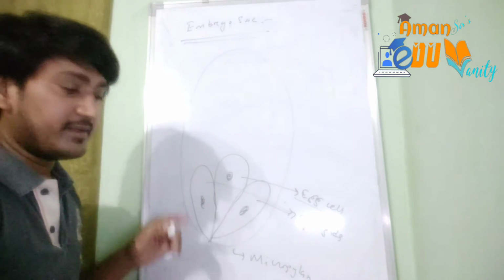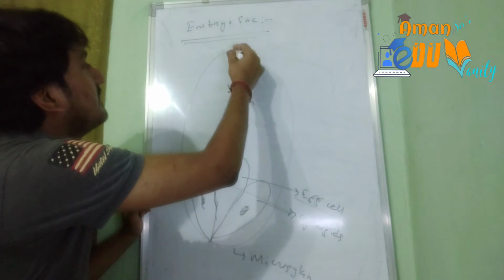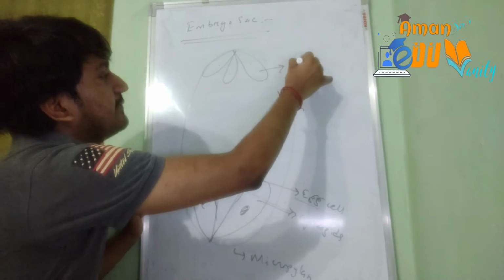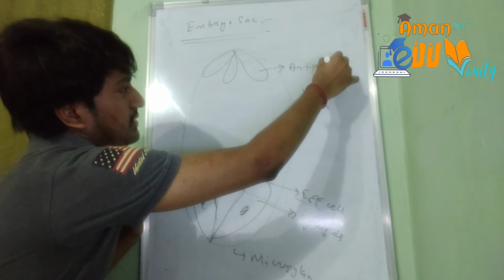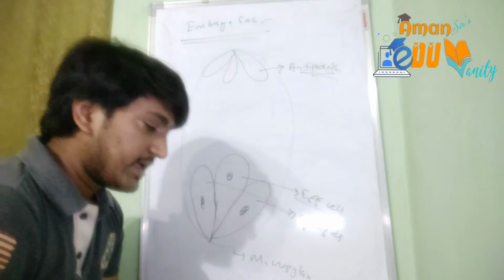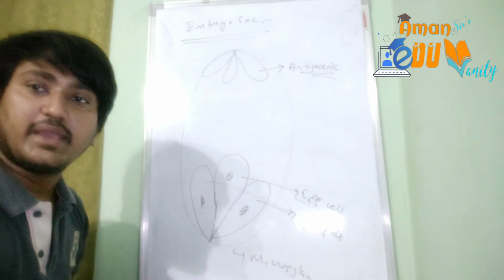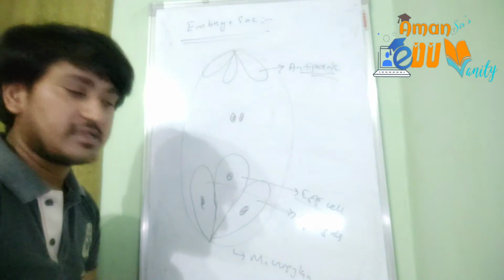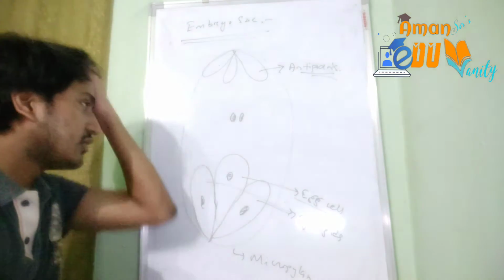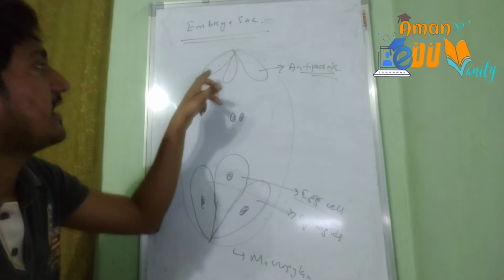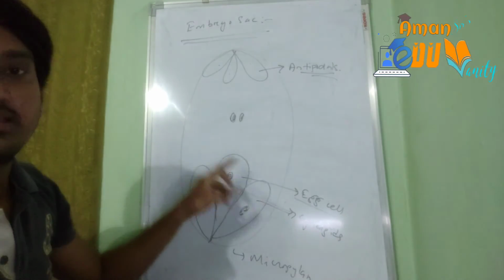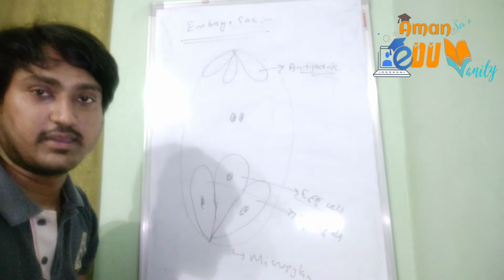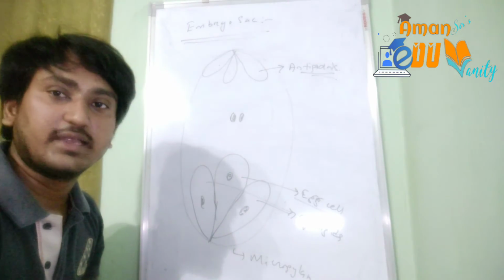On the opposite end, at the chalazal end, there will be another three cells developing, which will be named the antipodals. Okay, these are the three antipodal cells, and the remaining two nuclei will remain in the central cell only, in the center part. So this kind of arrangement is seen where there are 1, 2, 3, 4, 5, 6 and the central cell. There are 7 cells, but there are 8 nuclei. So this is called the 7-celled 8-nucleate condition.